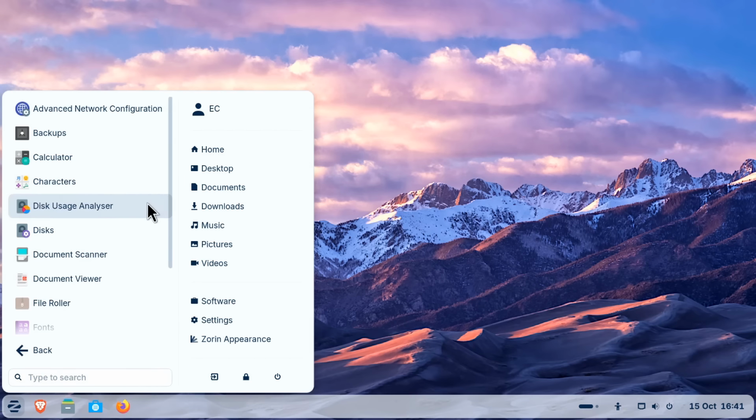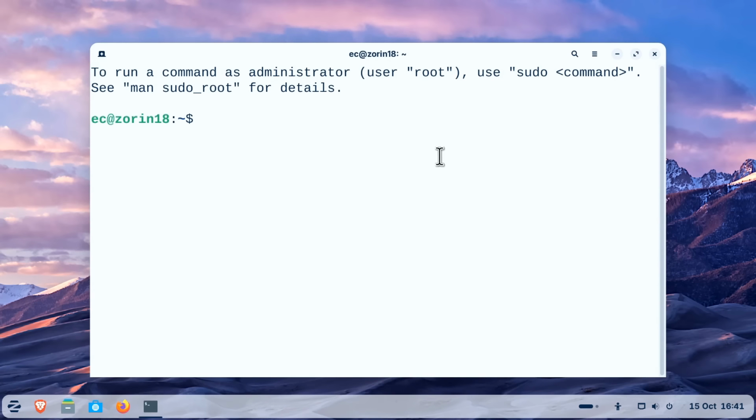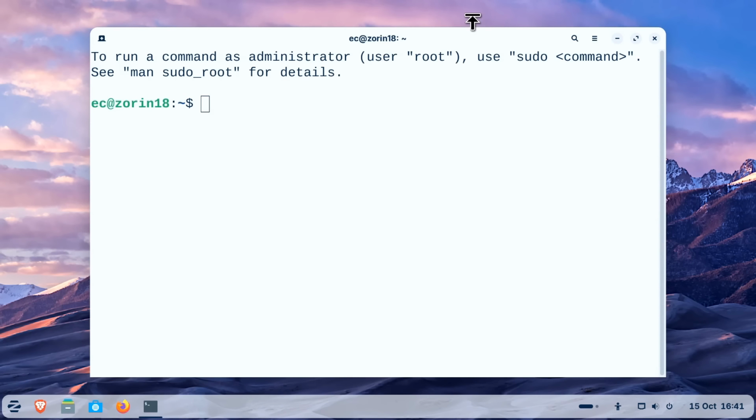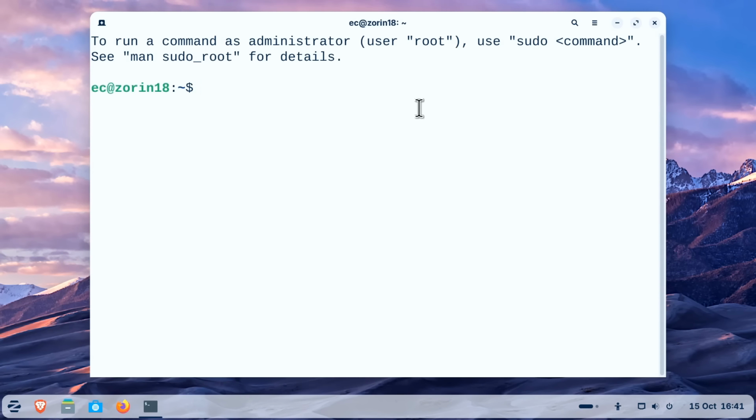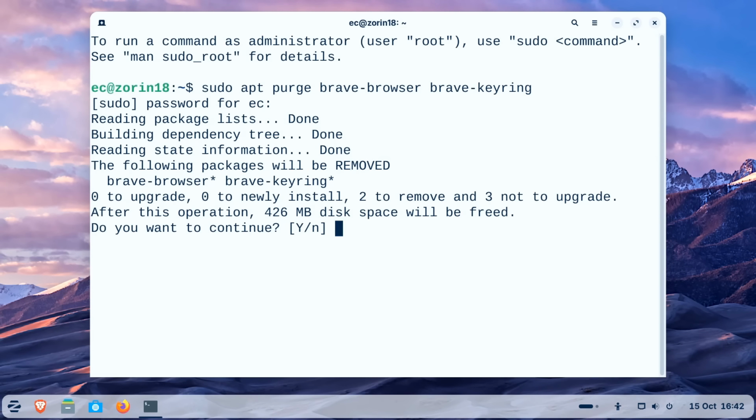I'm going to go to Utilities, and scroll down and open up a terminal. You should not have to use a terminal for any setup or standard computing activities in Zorin OS, but we do need to use it to fully remove the Brave browser. And I'll include the instructions I'm about to enter in the terminal in the video description. So we'll start off by entering this, and it'll ask us for our system password, and at the confirmation we'll enter Y,